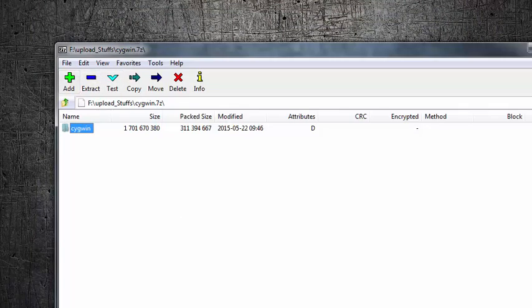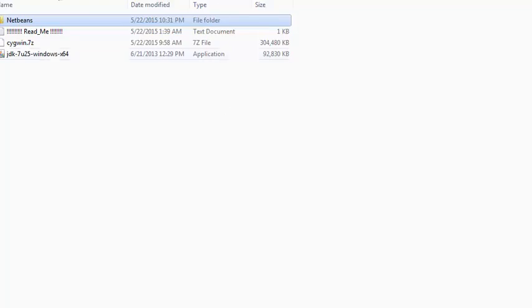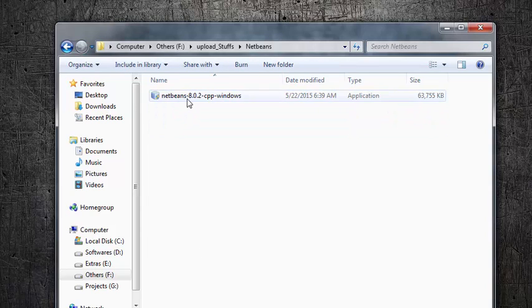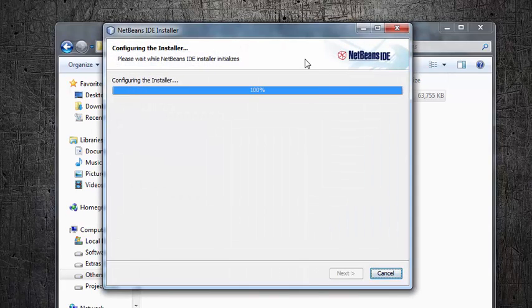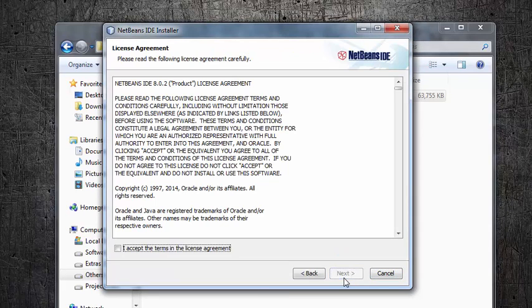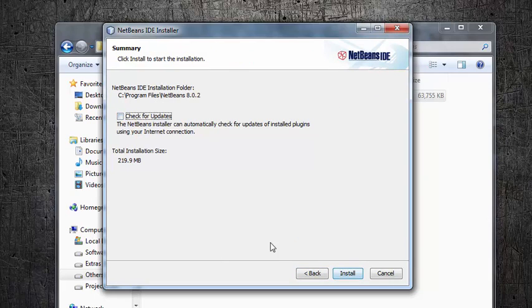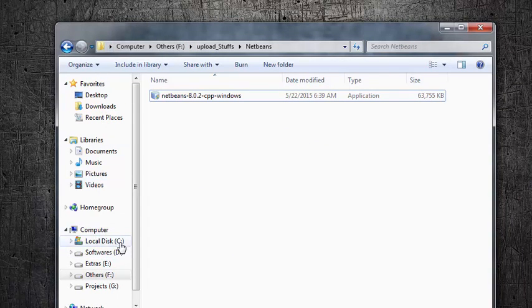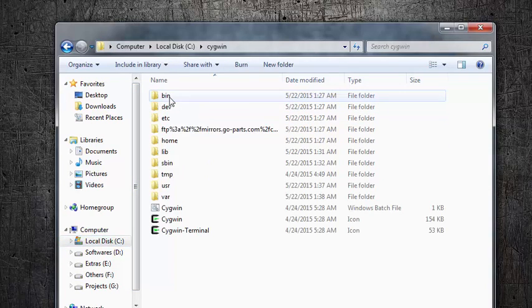So now the file is extracted to C volume. Let's quit. So now install NetBeans. Go to C directory and open up this folder Cygwin.